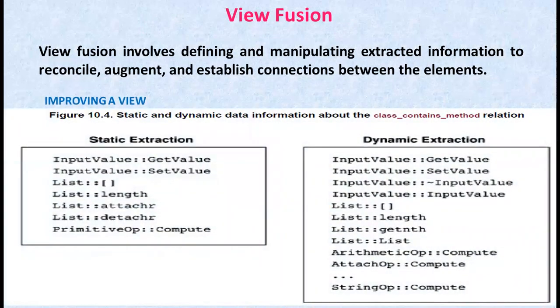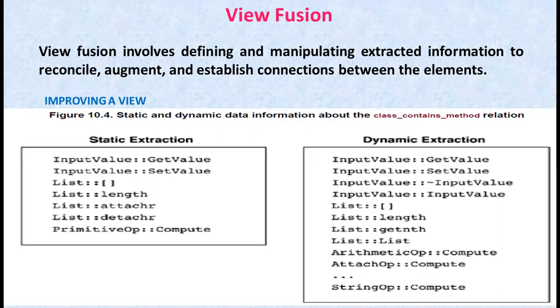So here we need to consider the two experts shown in this particular figure 10.4, which are from the set of methods, each shown preceded by the respective class extracted from the system implementation in C++. So these tables include the static and dynamic information about the object-oriented segment of the code. We can see from the dynamic information that, for example, list get nth is called. However, this method is not included in the static analysis because the static extractor tool missed it.